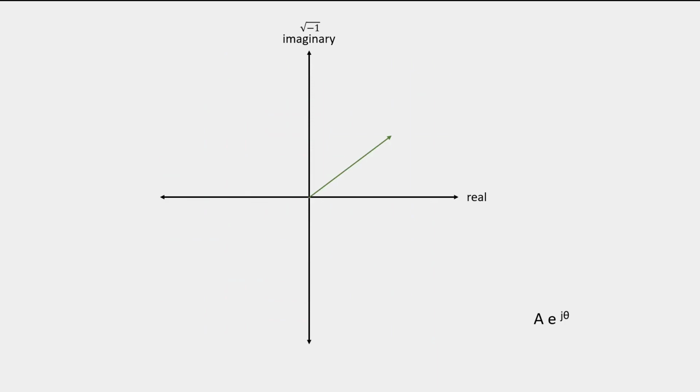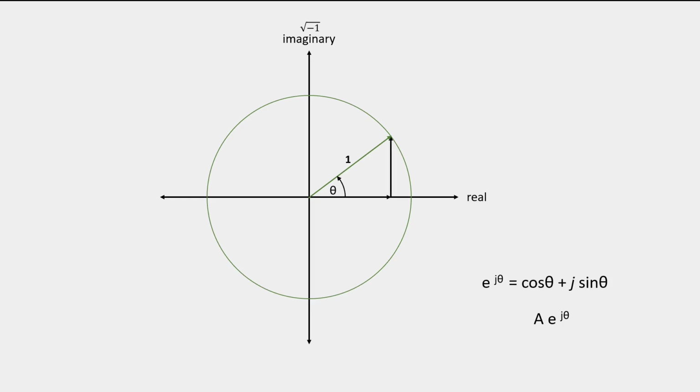But if we accept that and then consider the special case of amplitude equal to 1, we can see that e raised to the power j theta is equal to cosine of theta plus j sine of theta. Since the hypotenuse is 1, the base should be equal to cosine of theta and the perpendicular should be equal to sine of theta. Changing the amplitudes in the circle will increase its radius, and by changing theta, we get this rotating arrow